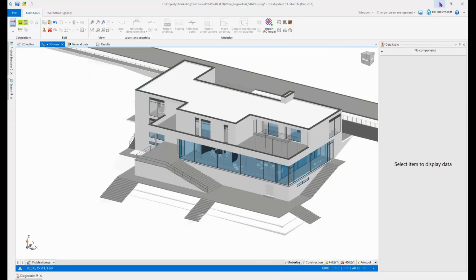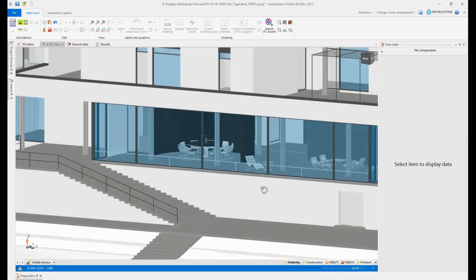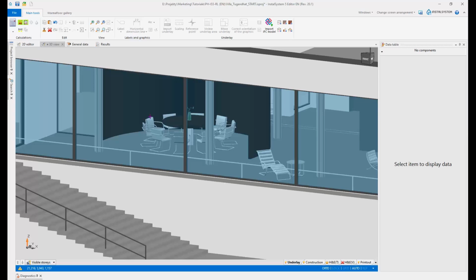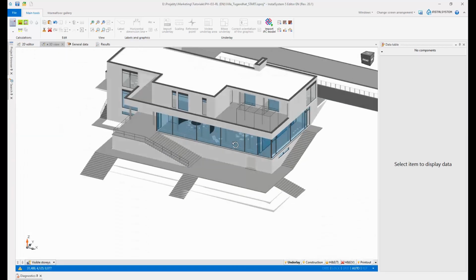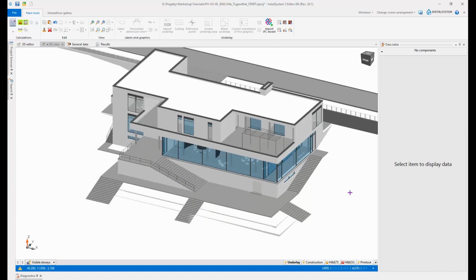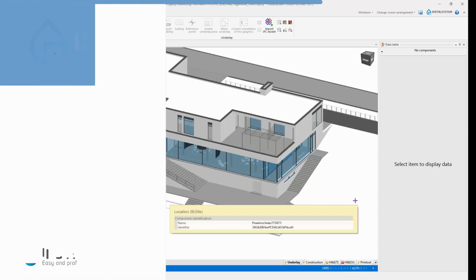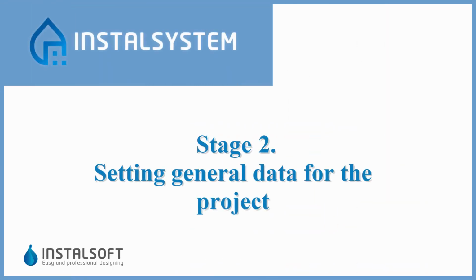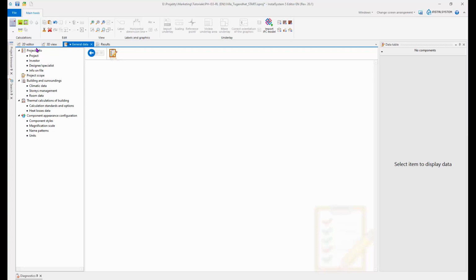And in our project, we will design an underfloor heating installation on the ground floor. But before we start some graphic edition, we will go directly to the second step, usually the second stage of the project. So we will check general data and set some parameters. Here is the general data window, and we should start with the project scope, and we should switch on heating systems. When you click on this checkbox,